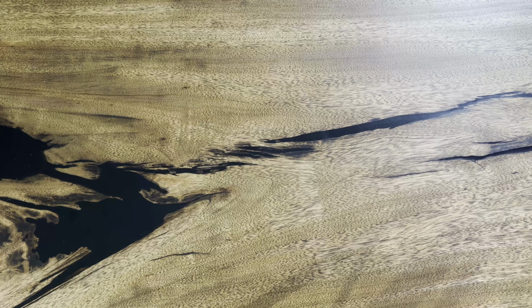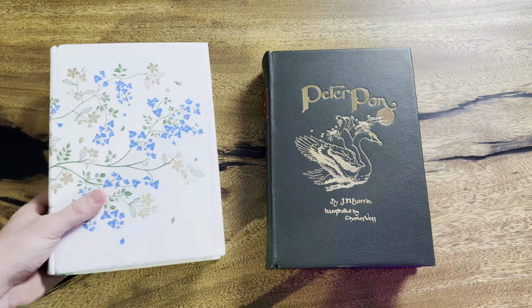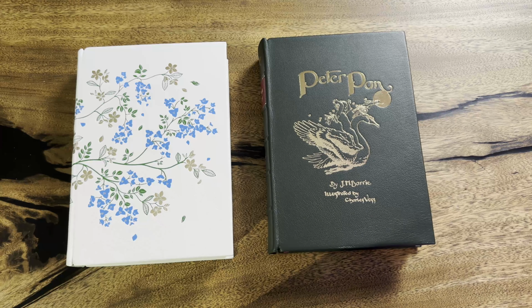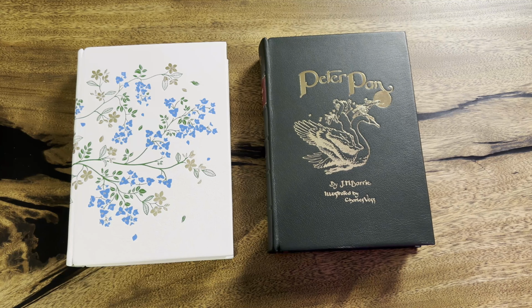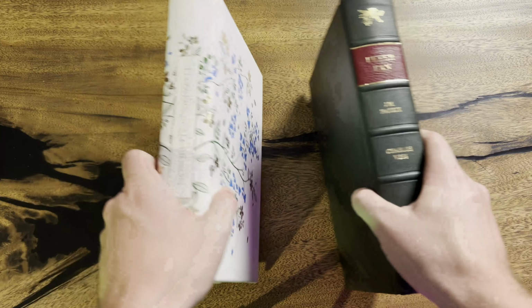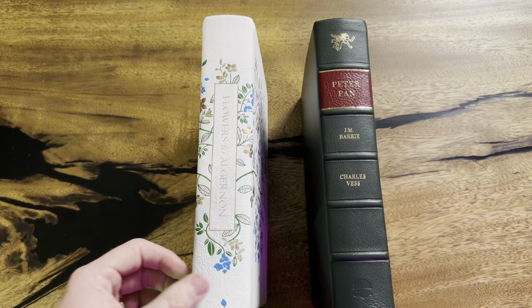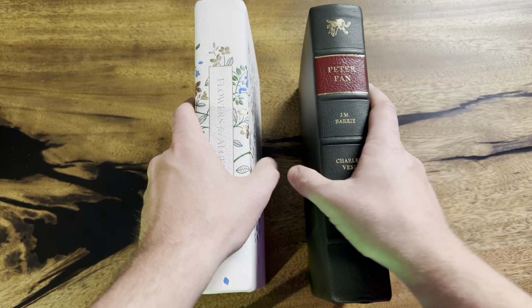But as far as books go, I would be hard pressed to rank order these. I would be very hard pressed. It is not clear cut at all. These are both absolutely stunning. They're gorgeous. Just having them side by side, looking at some things, like I do like